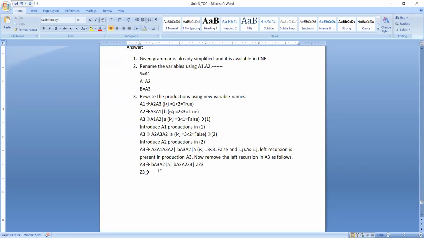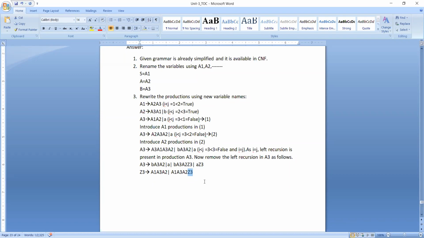So first what we do here is, first we are going to take one occurrence without the new variable. That's the reason why we are taking that production without the new variable, and the second production will be with the new variable. What is that new variable? Which is nothing but Z3. Understand?